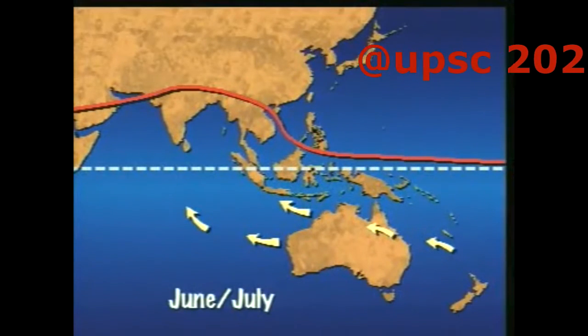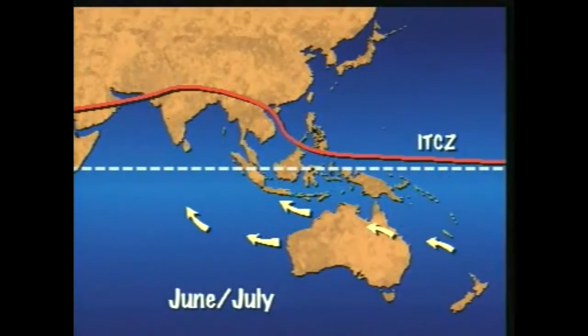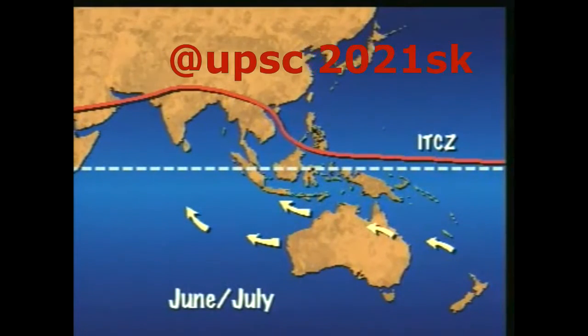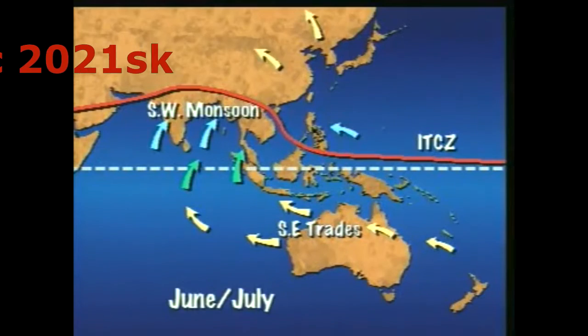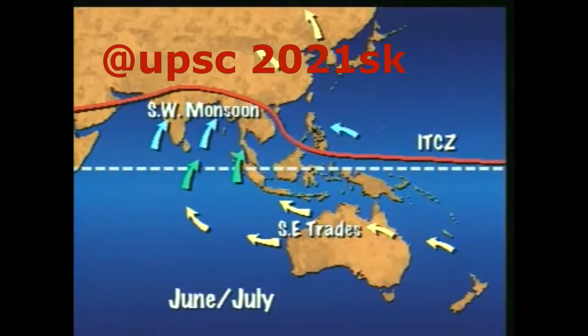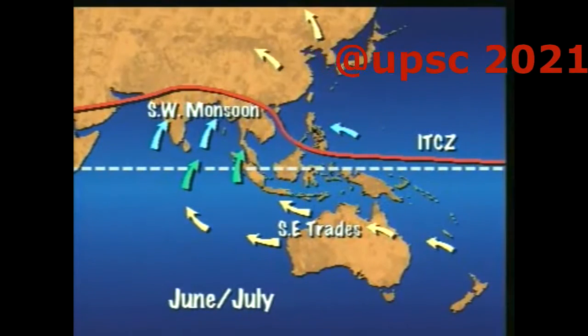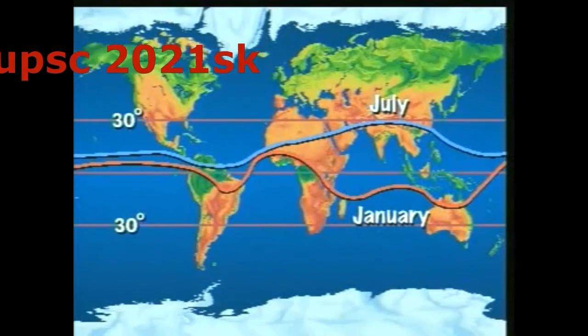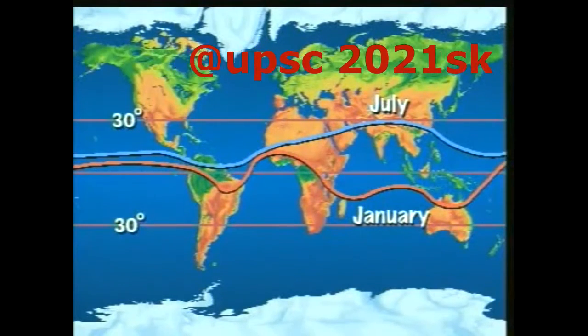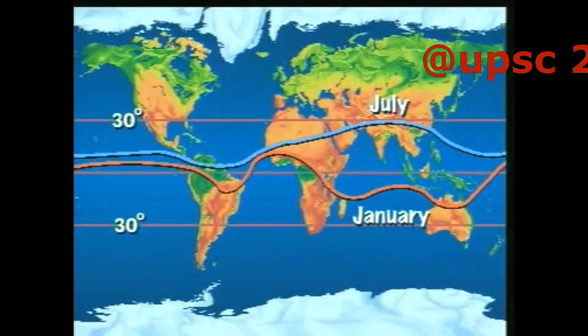In June, July, it is the reverse. The equatorial trough has moved north. Again, the trade wind swings around as it crosses the equator, becoming the southwest monsoon into Asia. The monsoons happen in Africa and less in South America. They are most intense in Asia, which has the largest landmass, building up an intense low-pressure system each summer.